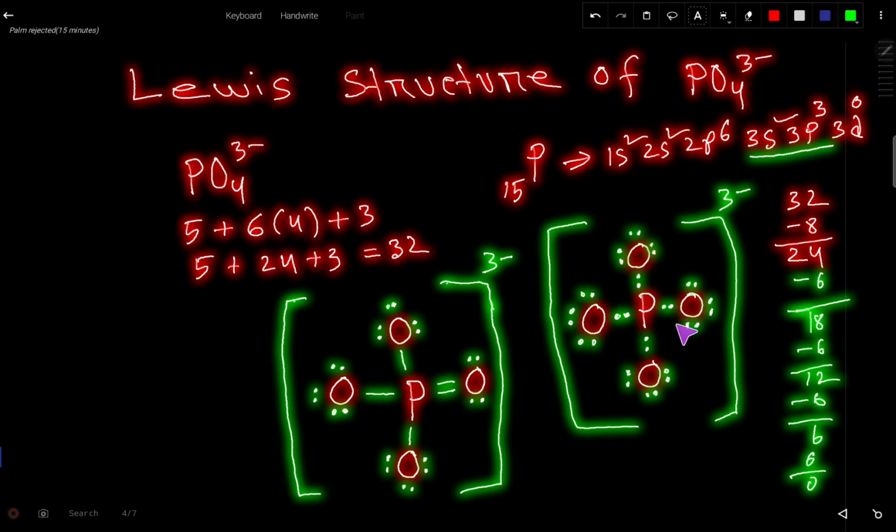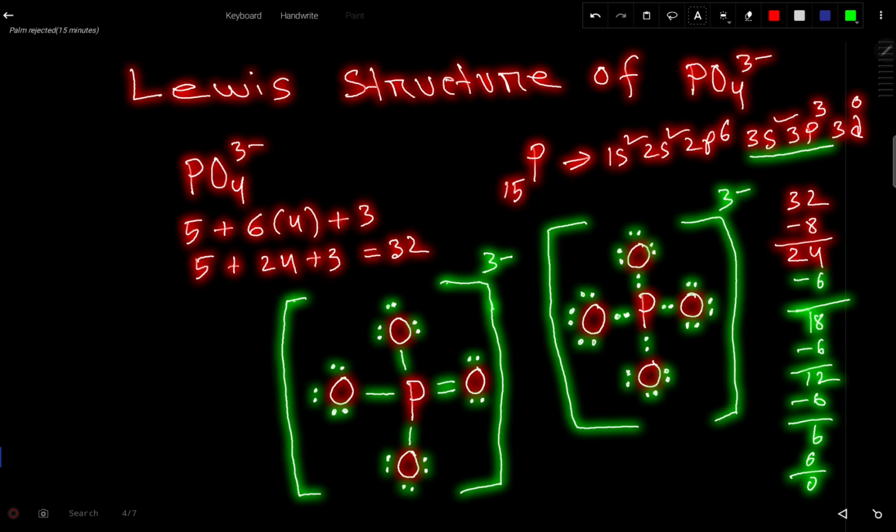You have to bear in mind a simple rule. A single bonded oxygen has a negative formal charge. So this oxygen has a negative formal charge, and so do the others. But for getting the stable Lewis structure, you should reduce the formal charge to 0. Look, here the overall charge is 3. This indicates that out of 4 oxygens, 3 oxygens will have a single bond and 1 oxygen will have a double bond,